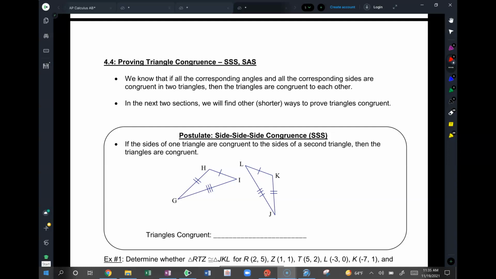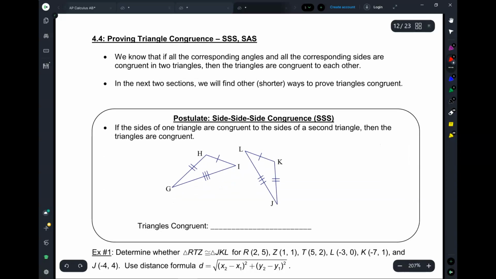We are going to talk about how to prove triangles congruent. So we already know that if all the corresponding angles and all the corresponding sides are congruent in two triangles, then the triangles are congruent to each other. We already know this, right? Okay, but in the next few sections, we're going to see that, you know what, that's a little bit of